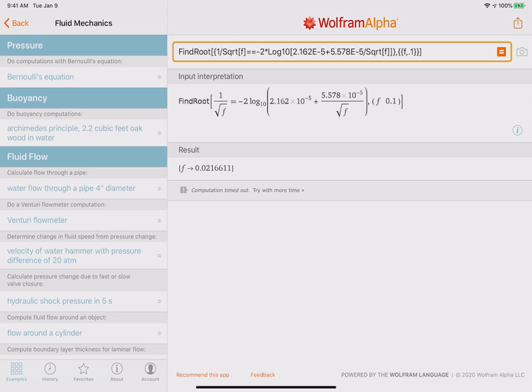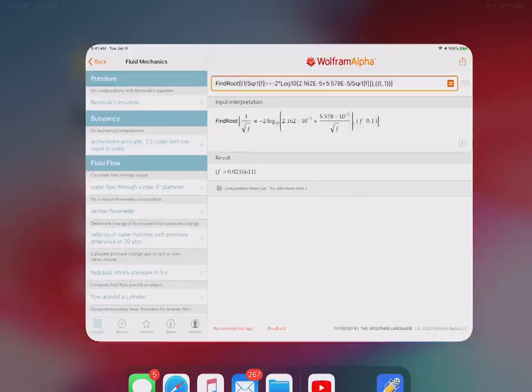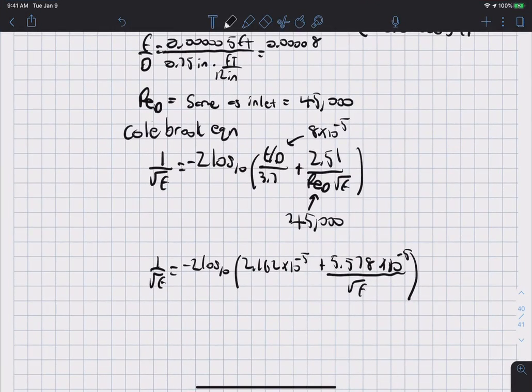We find that f in the result box is 0.02166. Okay, and so that's how we use Wolfram Alpha for that. So solving with Wolfram Alpha gives f equals